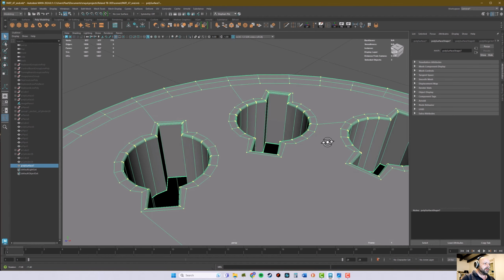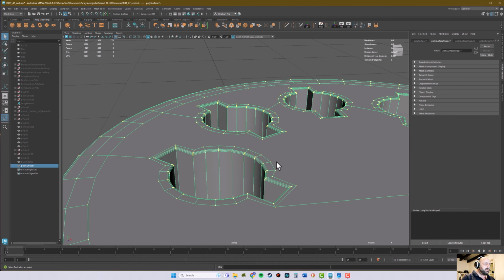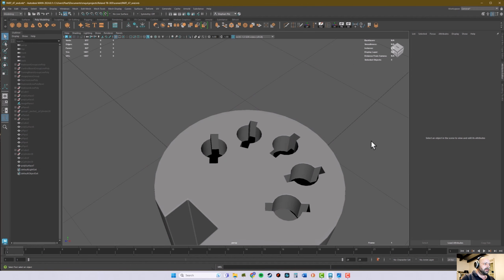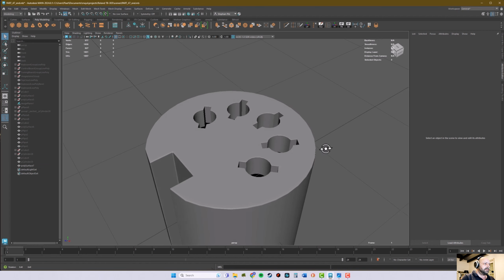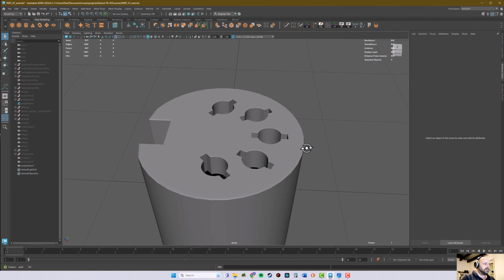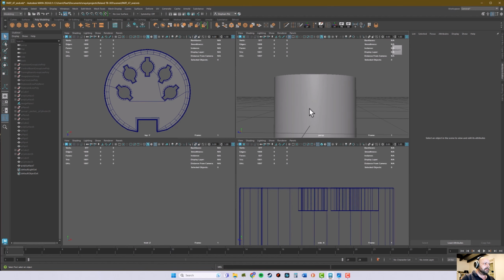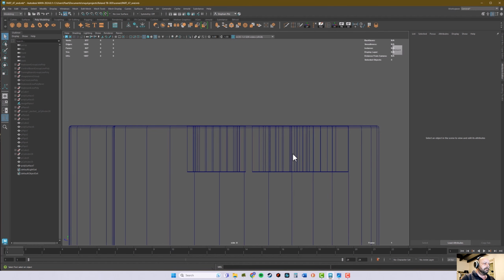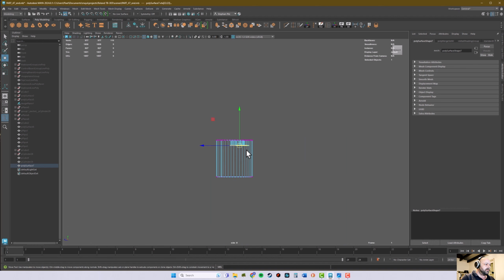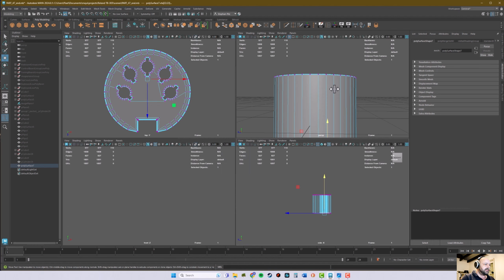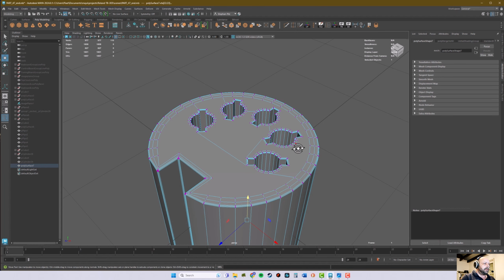Should have merged all the vertices where those faces were overlapping, and now could go in and select those vertices here and move them down to the bottom of that thing, V middle mouse snap,